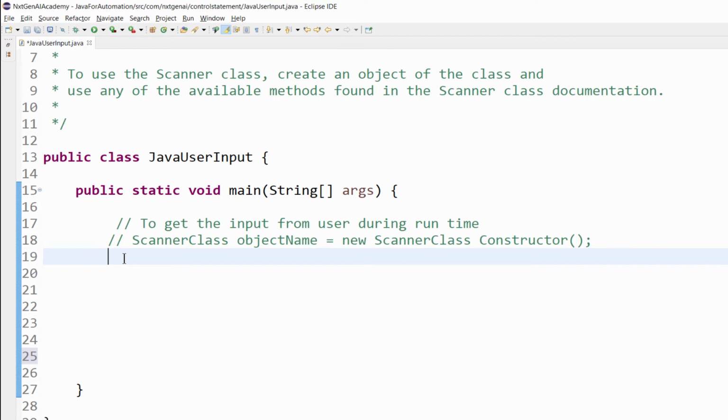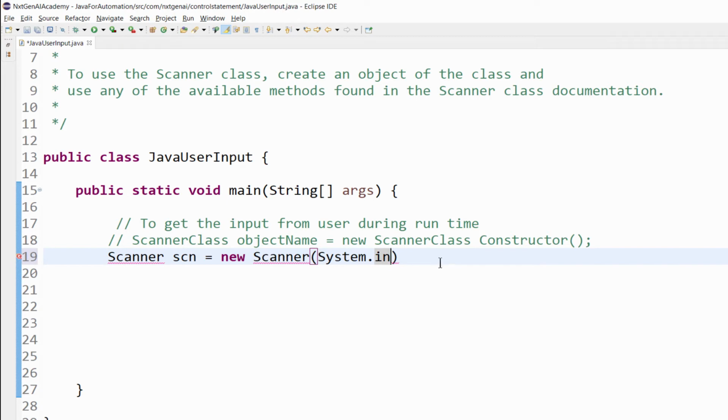Let's convert the syntax to the code. Scanner class, then object name scn, you can have any name as object, equal to new keyword, then scanner class constructor. Inside this, pass the value